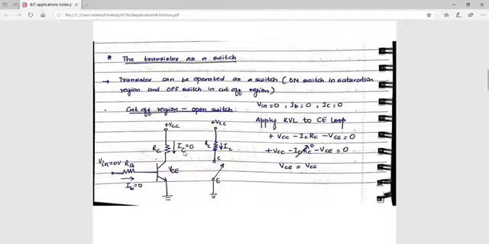Now your IB is 0, so your IC, which is beta times IB, is also going to be 0, right? Now, if we apply KVL to the collector emitter loop, that is plus VCC minus ICRC minus VCE equal to 0. Now, what is this VCE? VCE is the voltage between the collector and emitter terminal. I'll just repeat: VCC minus ICRC minus VCE equal to 0.